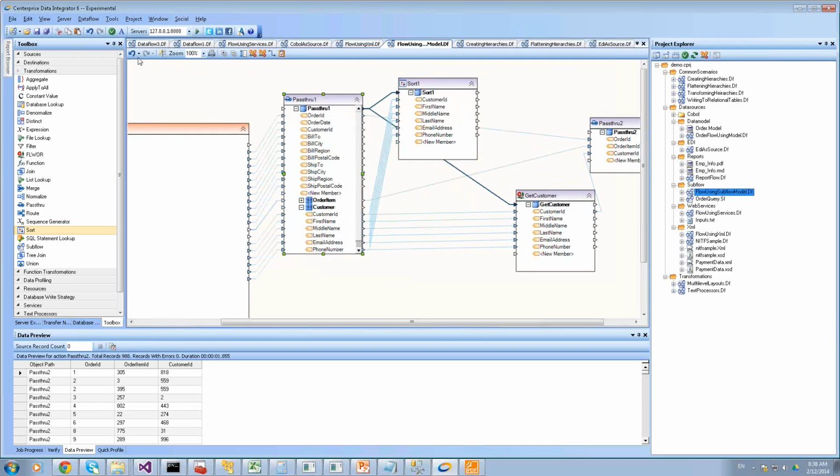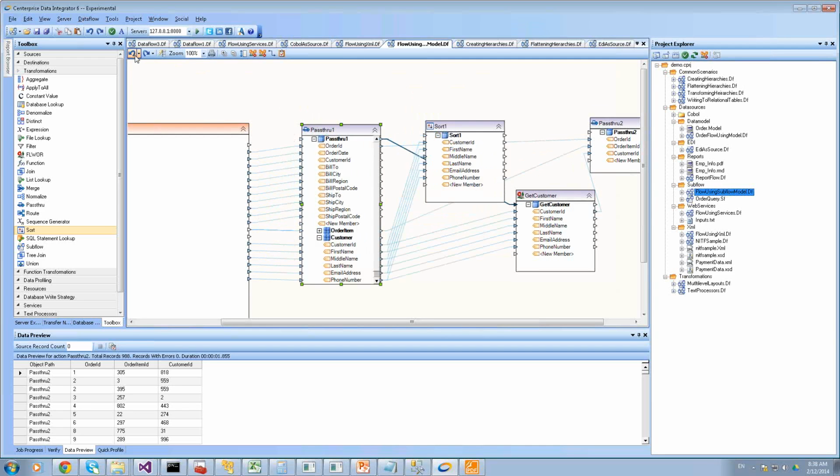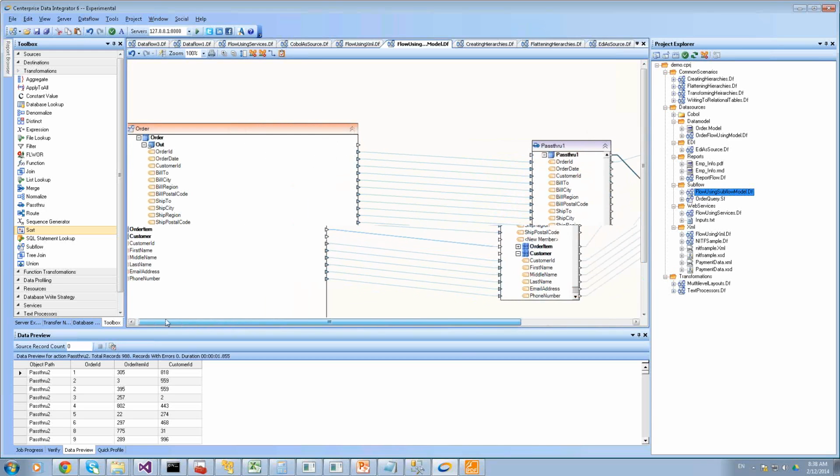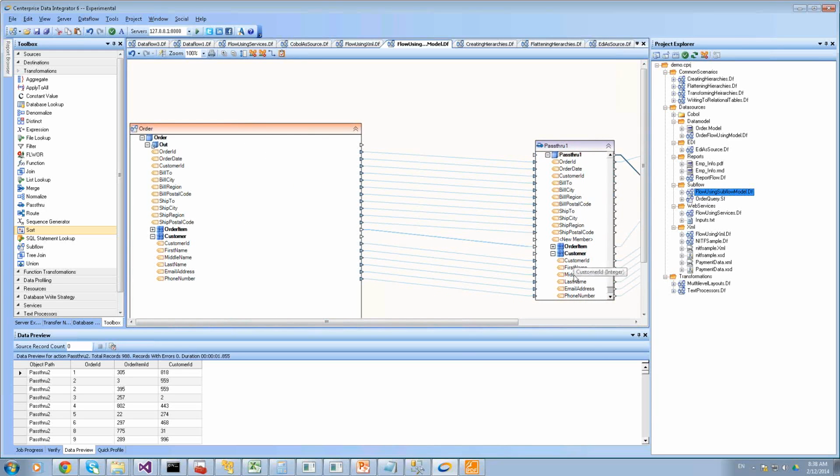Or actually, for a better example, let's get rid of the sort here, and let's say we want to sort it from here to there. So here's from the source to the intermediate transformation. We want to sort this data set. So for that, we're going to go sort,